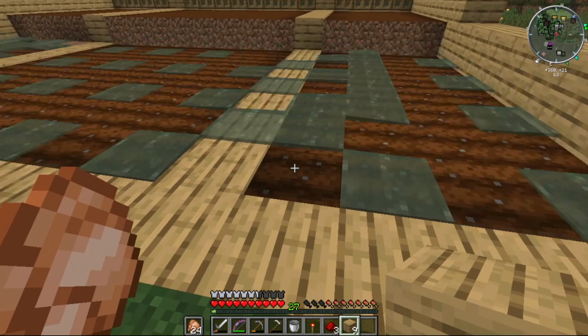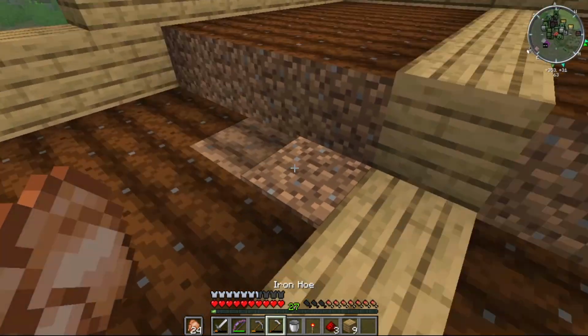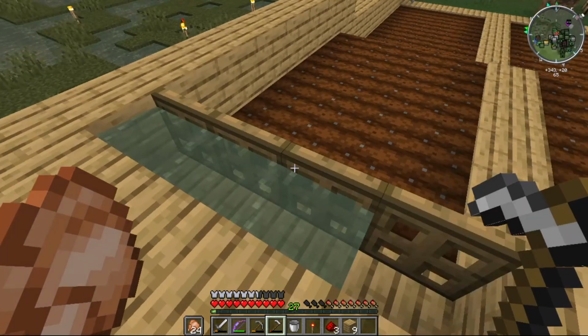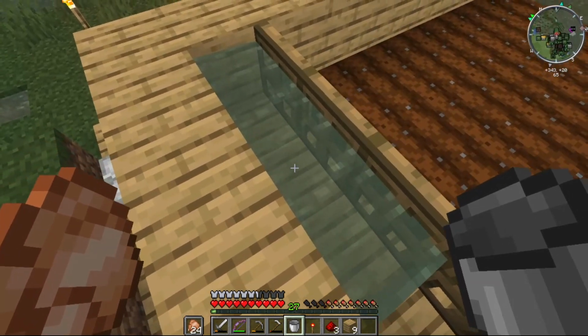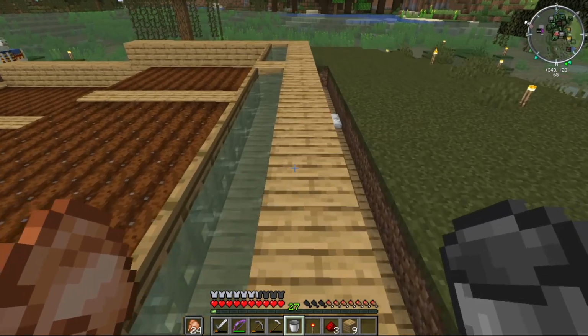Okay, I'm not sure why that's like that. Let me hoe this ground over here. Oh, okay, for some reason I didn't get the water right here, so let's put, oops, didn't mean to open that. Let's get some water from here, put it in here. Now we have water